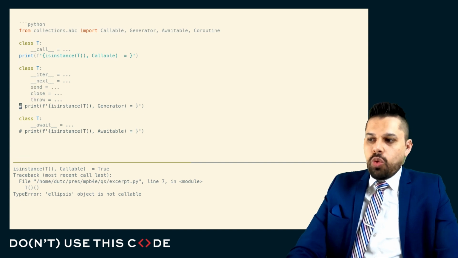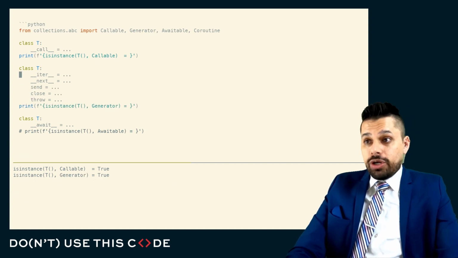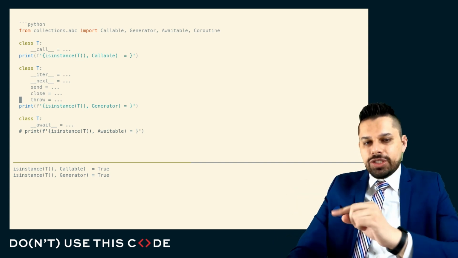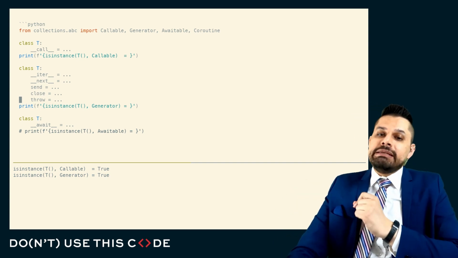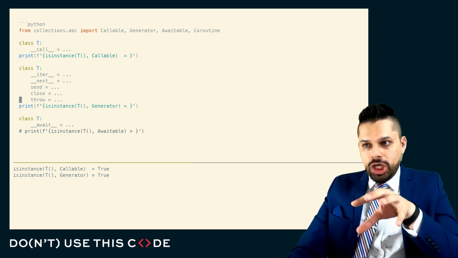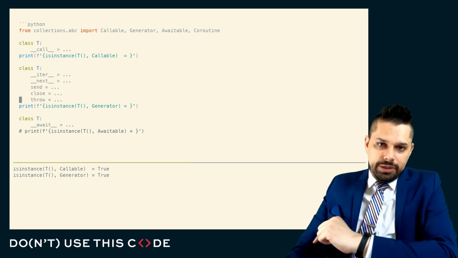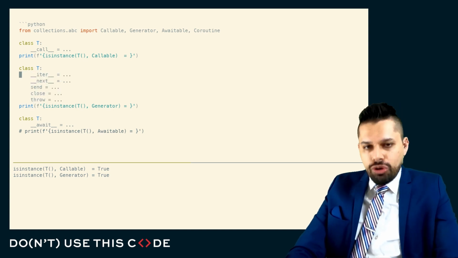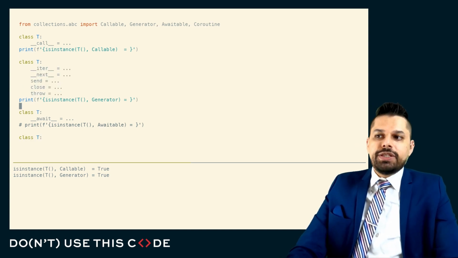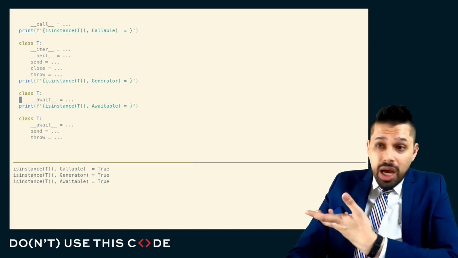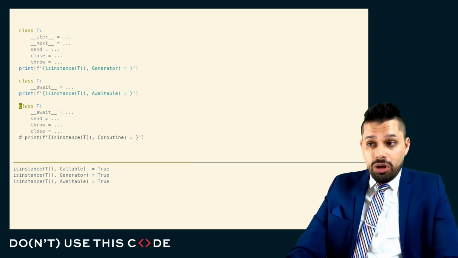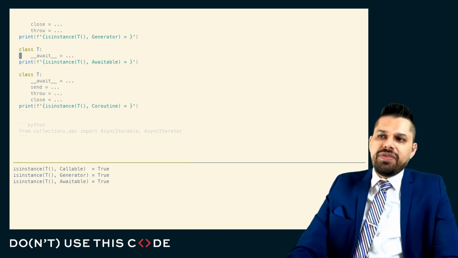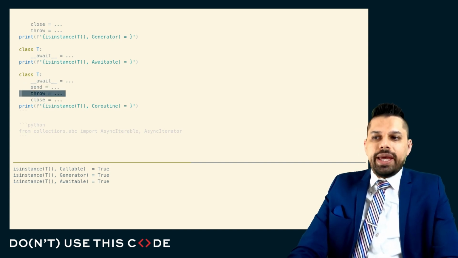If we ask Python what a generator is, Python's going to say, as long as you have an iter, a next, a send, a throw, and a close, as long as you implement those parts of the protocol, I consider you to be a generator. Therefore, Python doesn't say that the def with a yield in it is a generator. It says the consequence of the def with the yield in it is the generator, because what it thinks of as the generator is something that implements the generator protocol, which is only, in the case of a generator, the generator instance. Similarly, an awaitable is anything that implements the awaitable protocol. And similarly, the coroutine with a capital C is anything that implements the coroutine protocol, anything that's an awaitable and has a send, a throw, and a close.